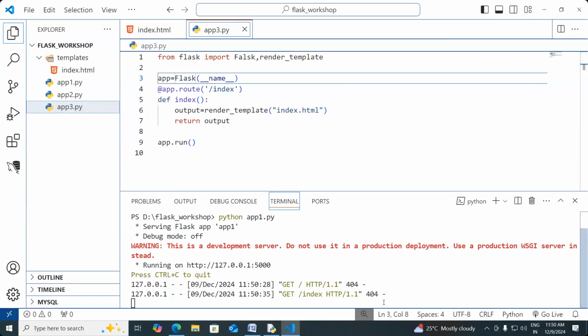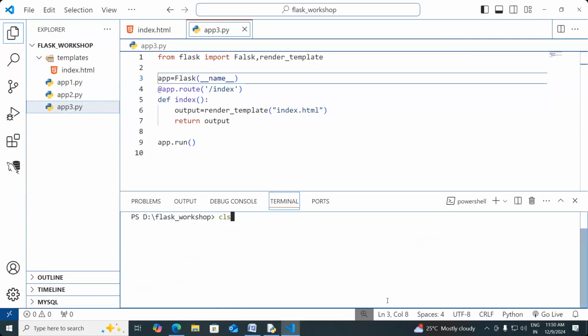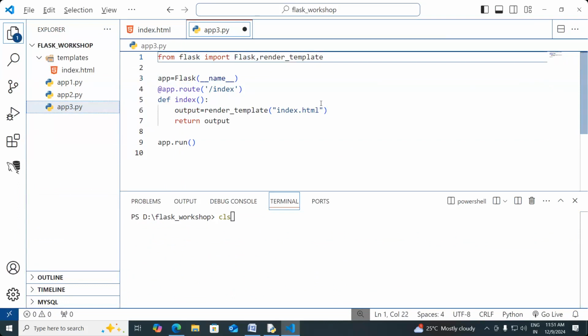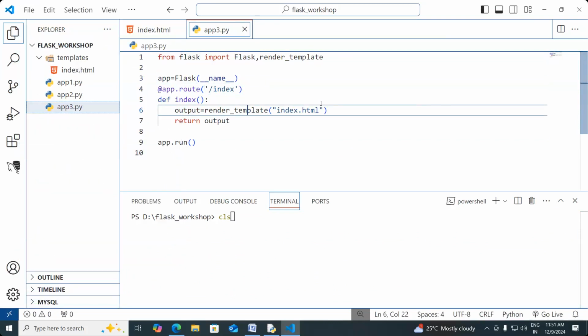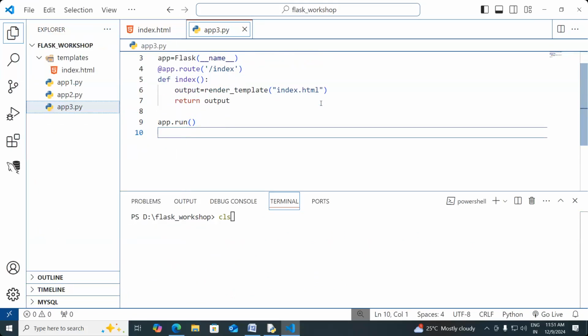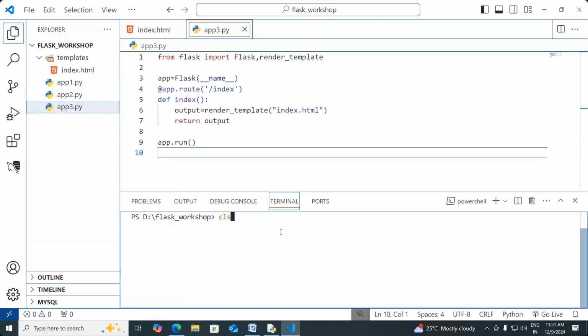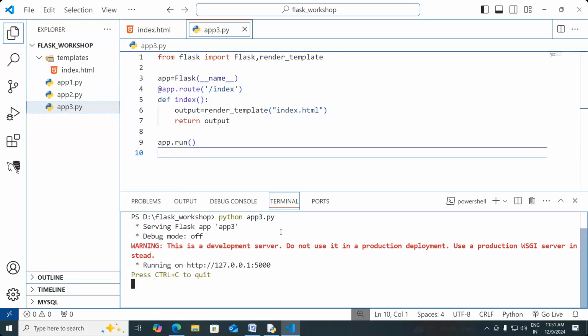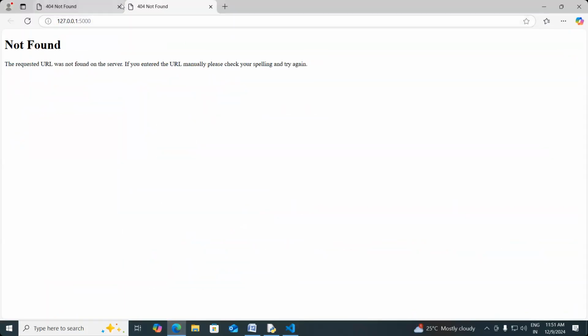Application 3, right? Sorry, we have to run application 3. Yes, Flask, render template. A lot of spelling mistakes are there. So run the application. Our application is application3.py. Run the application and let's type